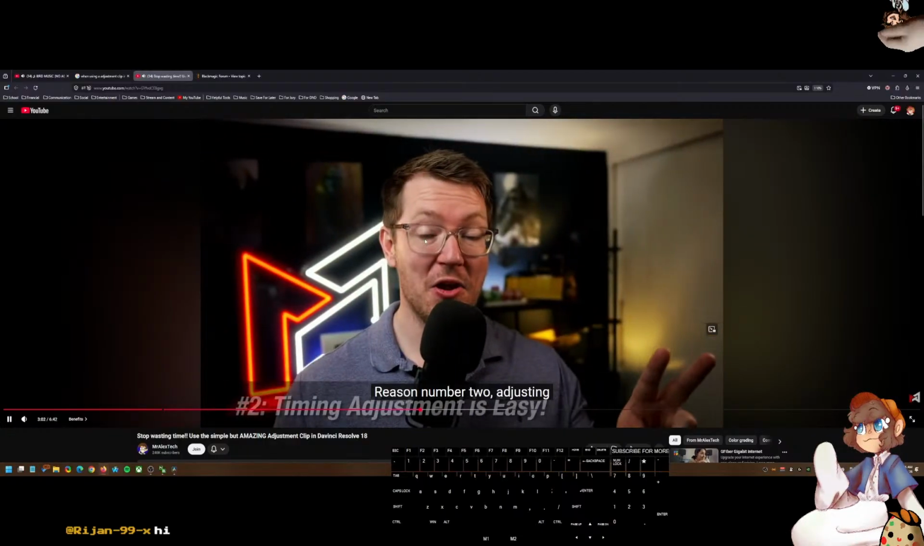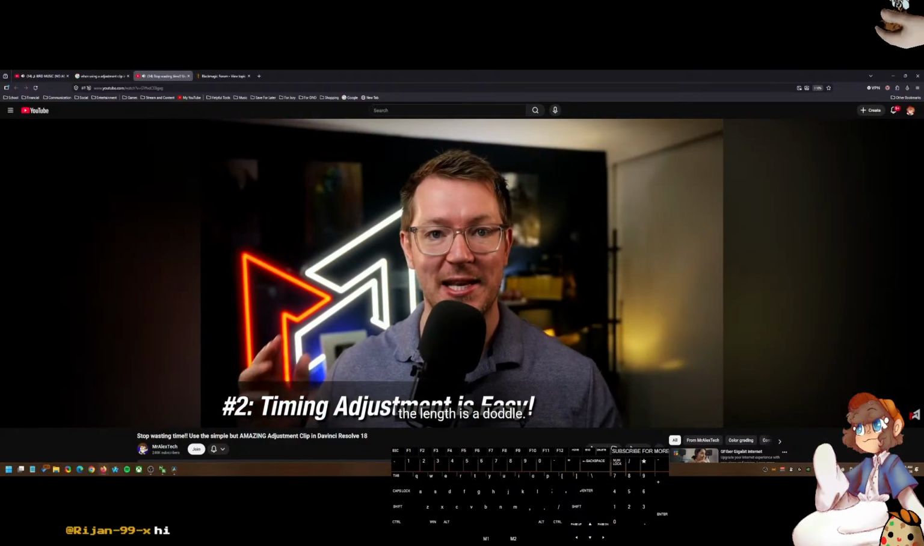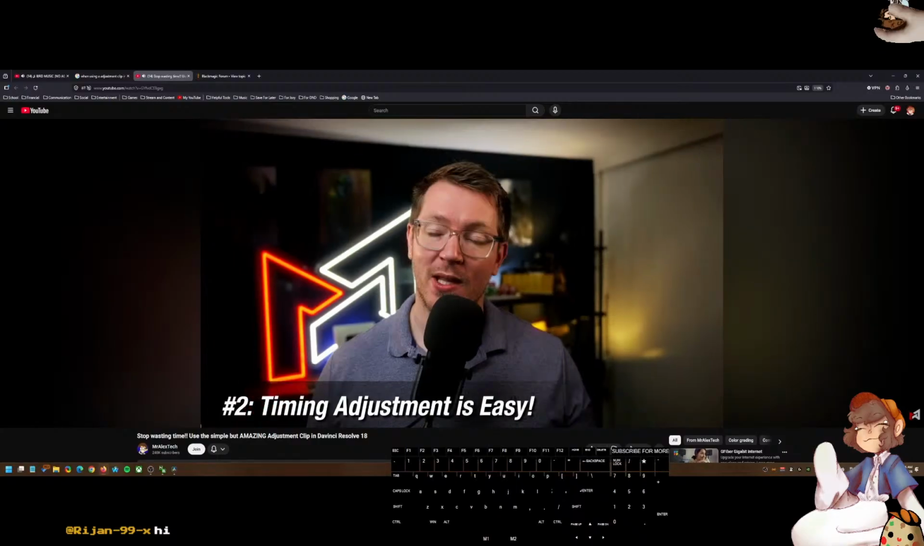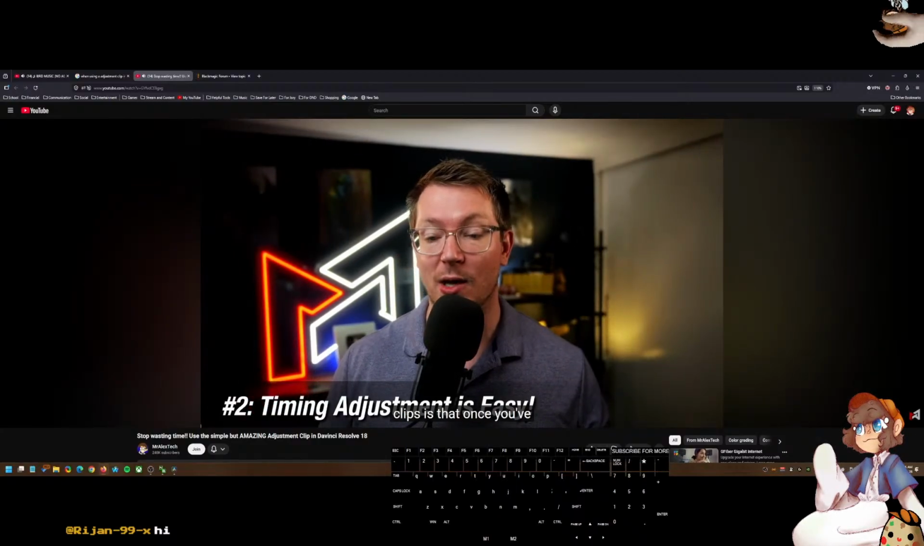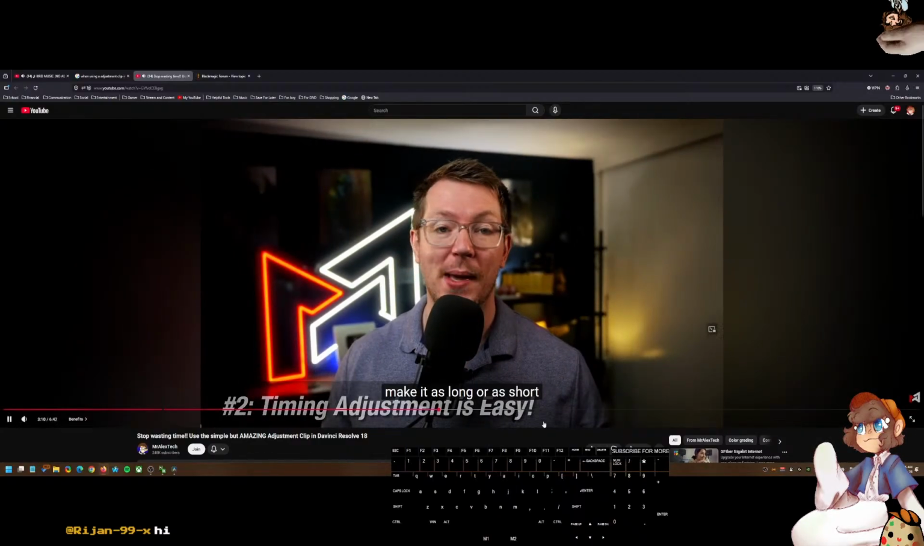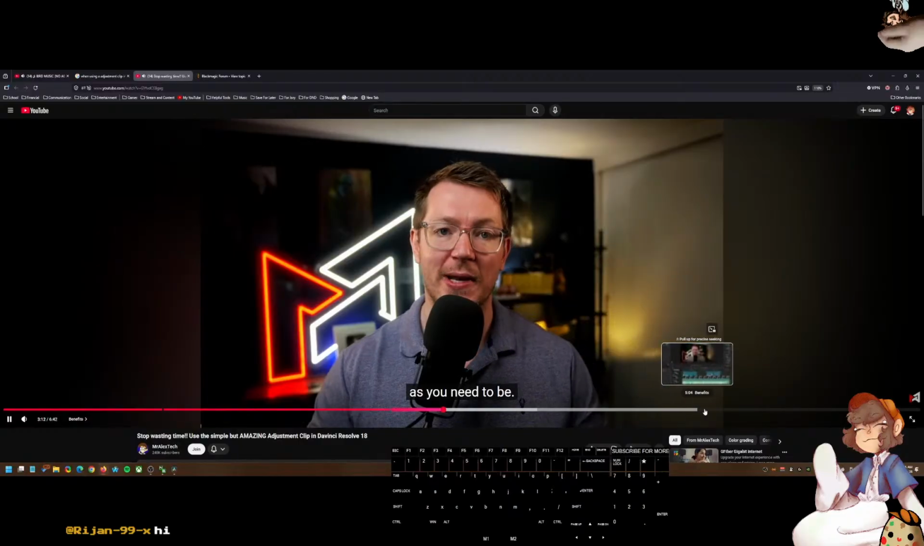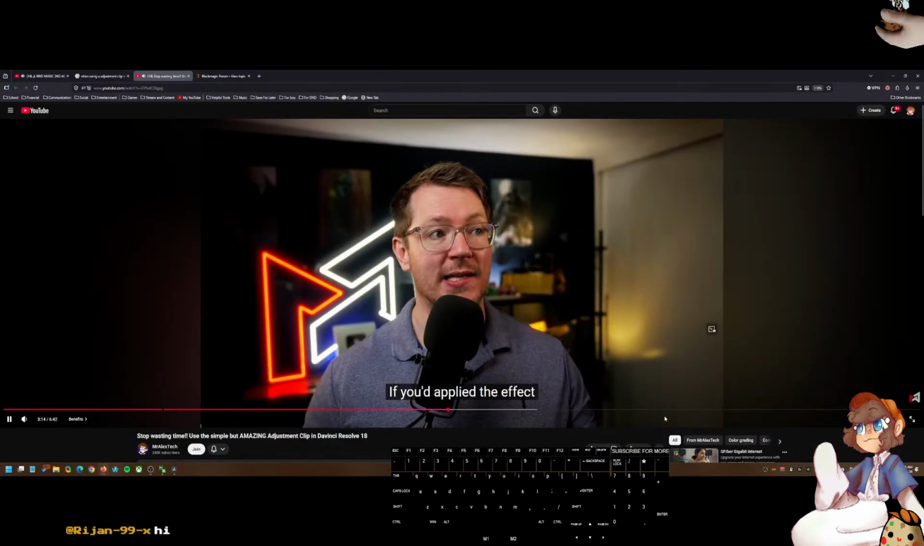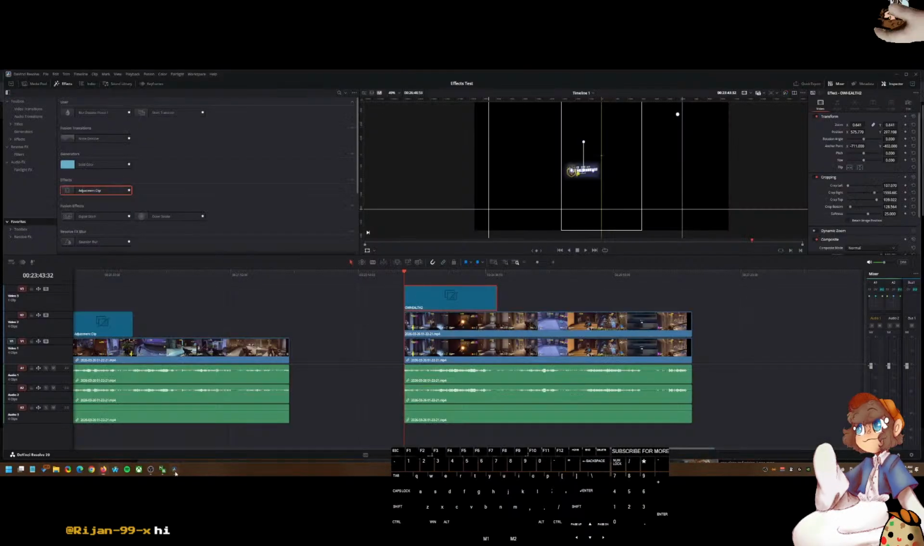Reason number 2, adjusting the length is a doddle. The joy of using adjustment clips is that once you've applied that effect, you can make it as long or as short as you need to be. If you'd applied the effect directly to the clip,